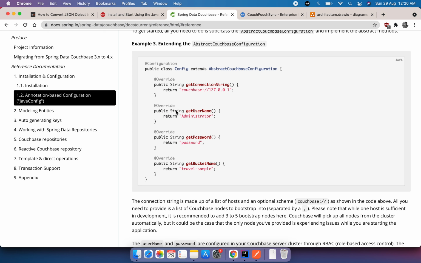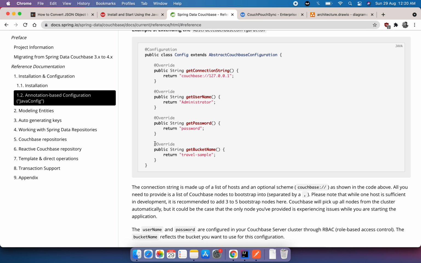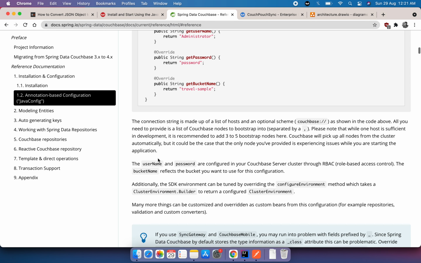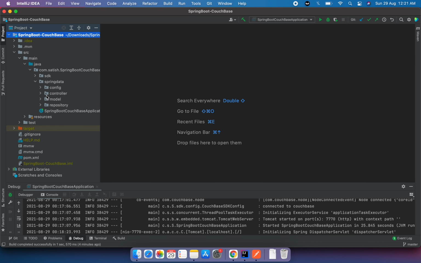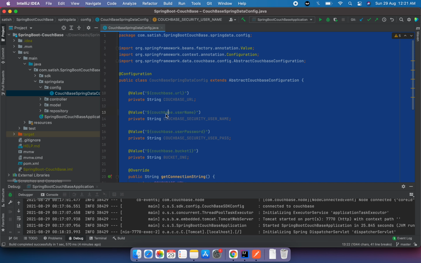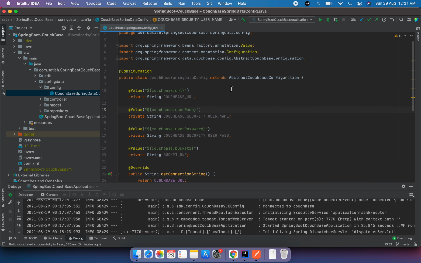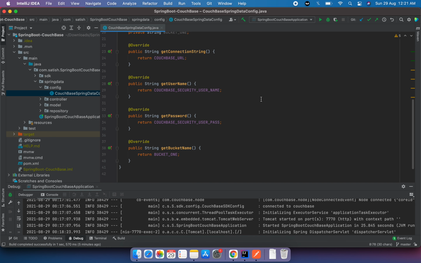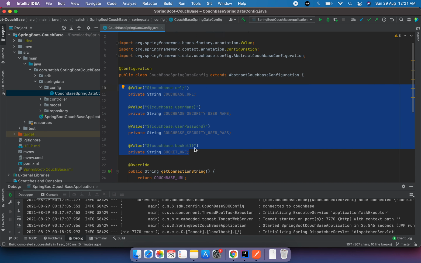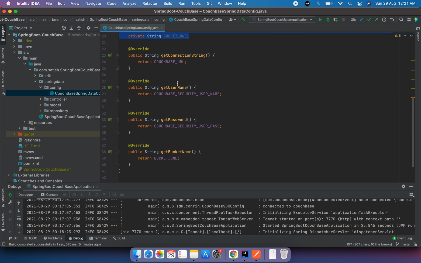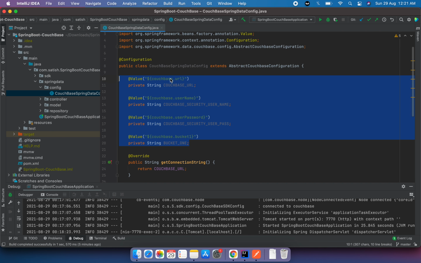We can also make a connection to a different bucket so that we can explore, but as of now I'm keeping it simple. I'm just interacting with only one bucket in my example. So this is the configuration file, and let's jump back to the code here. I have the configuration file in place, which I have extended, using the same example which they have, and there's no more logic I have written. The only thing is that I am taking the values from my application properties file, and these are the four different methods which I am overriding here.